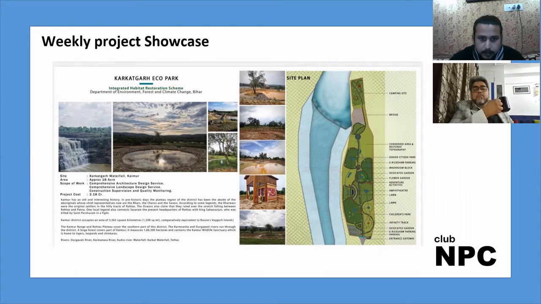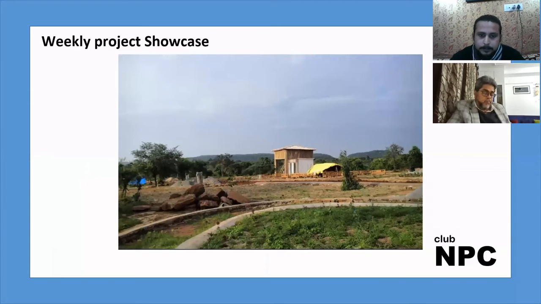In a picture you can see a bamboo structure with a painted wall. It was just a washroom, and then we painted it. Additionally we added a bamboo structure over it to give it an icon of the park, because it was the largest structure we could make there. Otherwise it was basically a landscape project. Next slide, please.